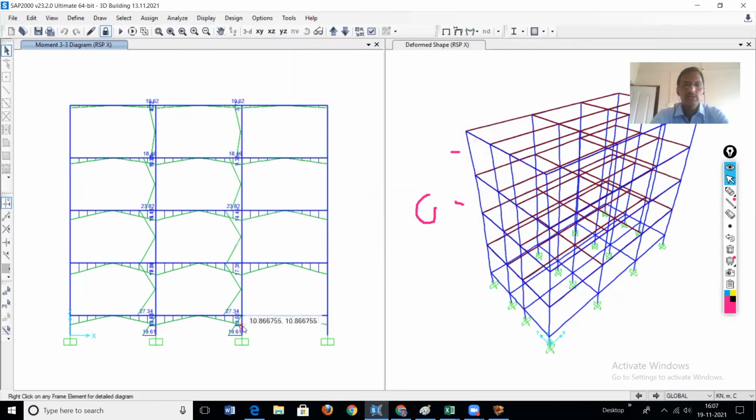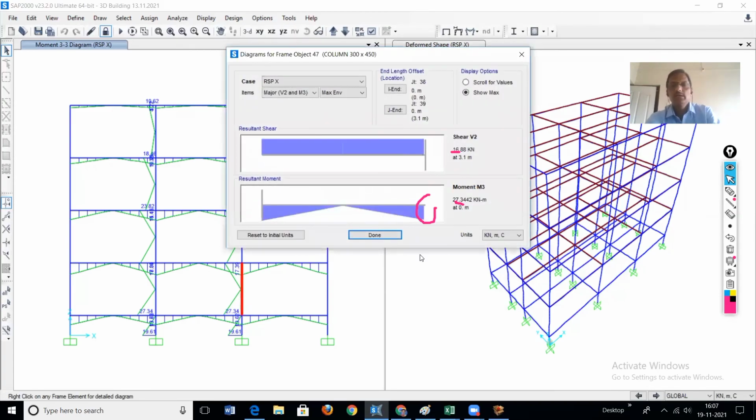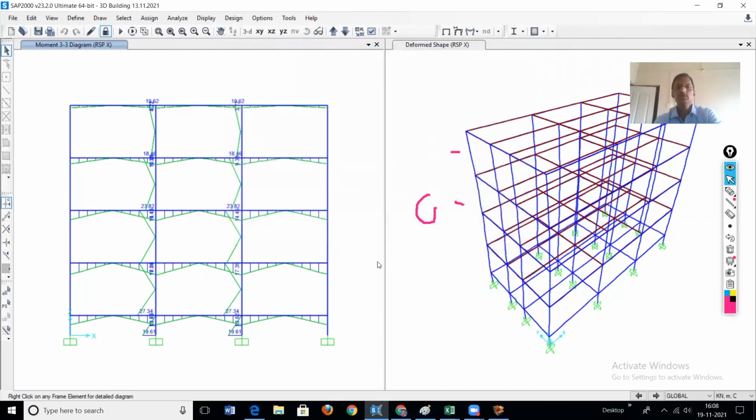Intermediate column, click on this. Moment is 27. Shear is also 16.88. In this way, we can see the results for the RSP Y case. So this is response spectrum analysis. After performing response spectrum analysis, the building is designed as per IS 456. So the design of this